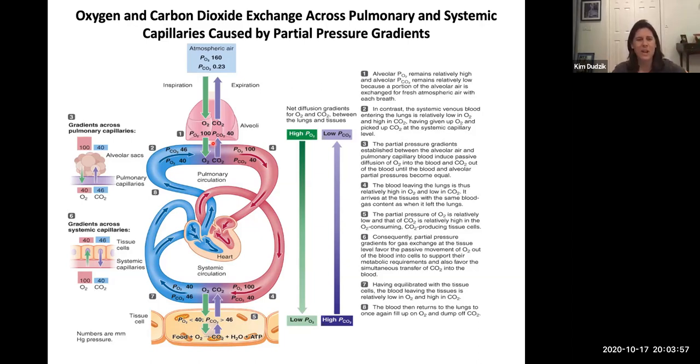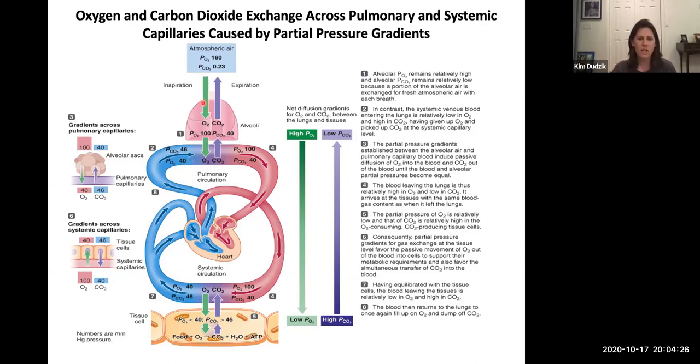There's two areas of gas exchange. So one occurs at the pulmonary circuit up here. So that's when blood is coming from the right side of our body, and we call it deoxygenated because this is the venous return. So that means this blood has already been to all of our tissues where it released oxygen, but it didn't release all of its oxygen. There's always some oxygen in here, and you can see it comes in at a partial pressure of 40.